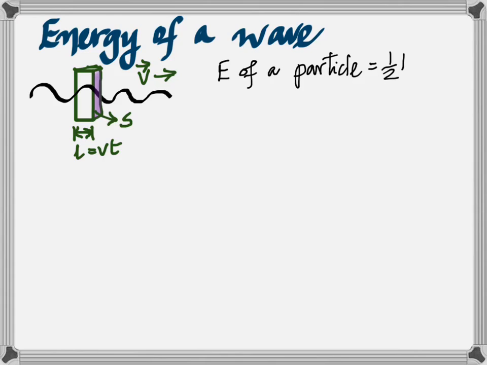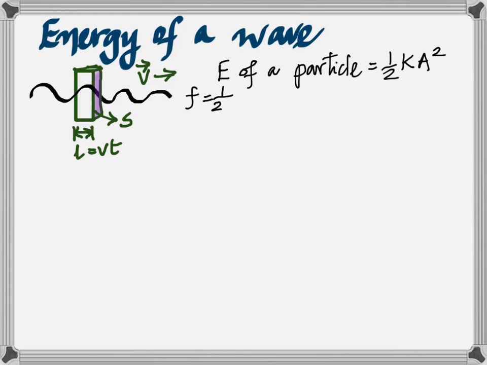That is our volume. Now, what's the formula for energy of a particle? What kind of energy does this have? Isn't it moving? Kinetic energy? Wait, does it have potential energy also? In simple harmonic motion? Yes, it has both. We have to take the total energy. Formula for total energy in simple harmonic motion? 1/2 K A squared. What's the K? The spring constant. What's the A? The amplitude. So the total energy is given by 1/2 K A squared.